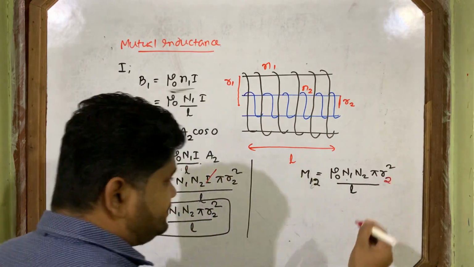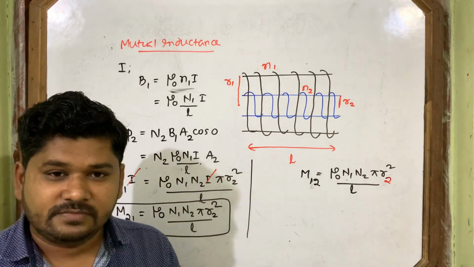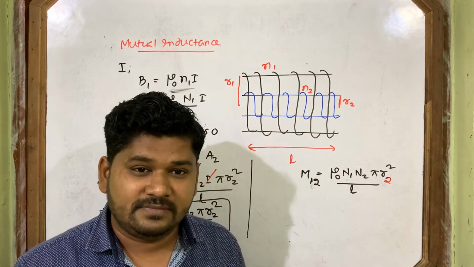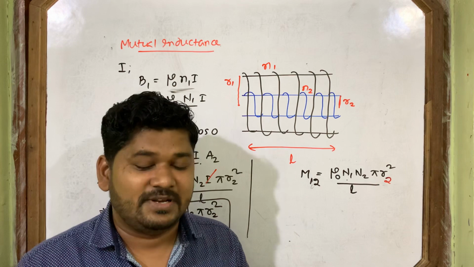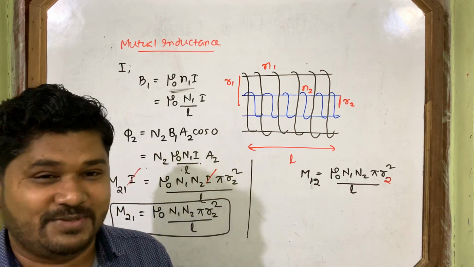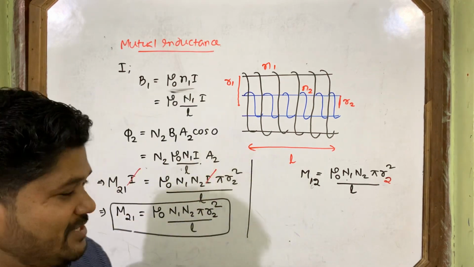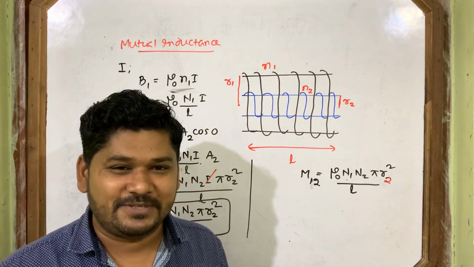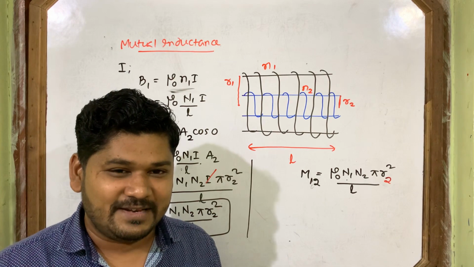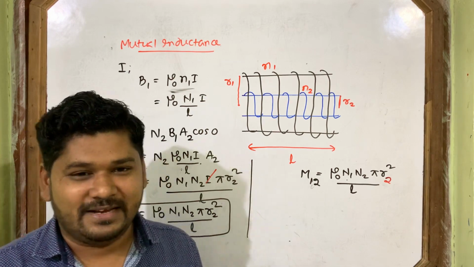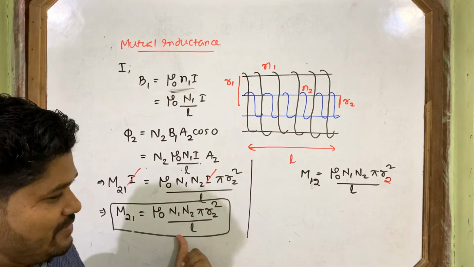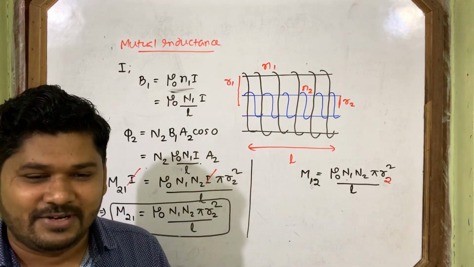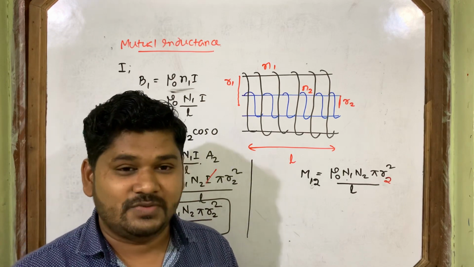We write here 2, we will write here 2. Now both will be equal. No problem. Now they are equal. So now the question comes to mind: sir, you can't do like this, you are just doing this to prove that M12 is equal to M21, as you told just before. Just to make them equal, we convert the 1 into 2, we change the 1 into 2? No, not like that. We will not do that.